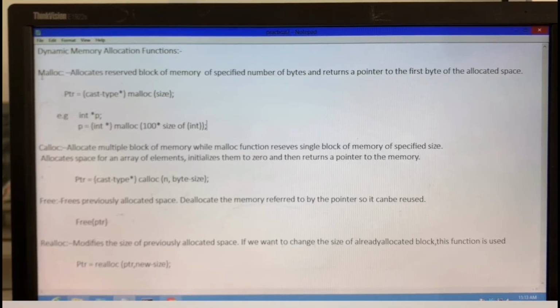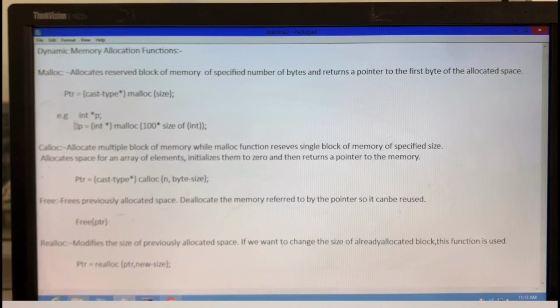The first one is the memory allocation function, malloc. Malloc stands for memory allocation. The malloc function reserves a block of memory of the specified number of bytes and returns a pointer of type void, which can be cast into a pointer of any form.